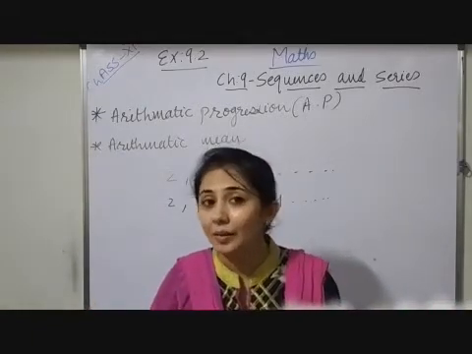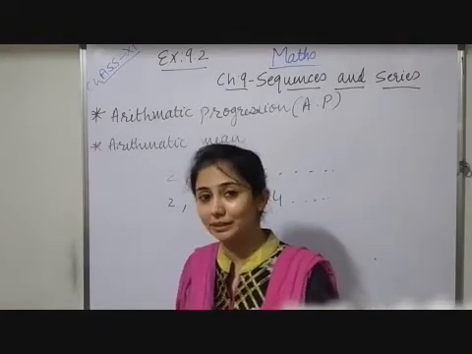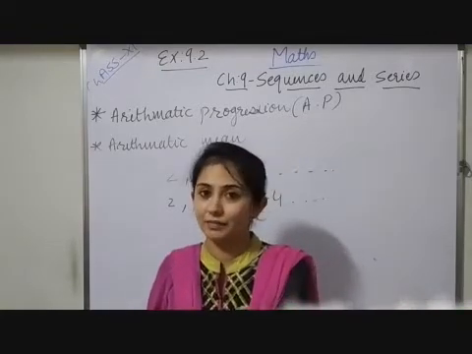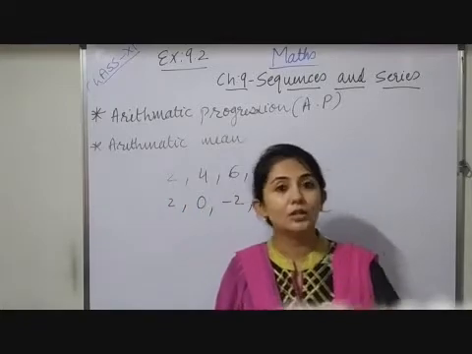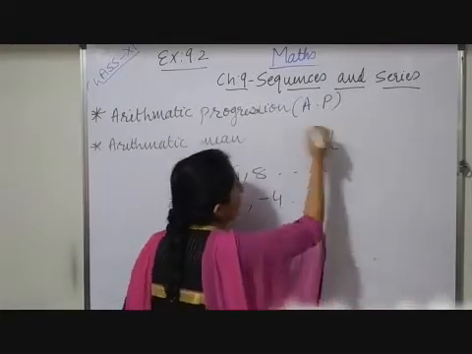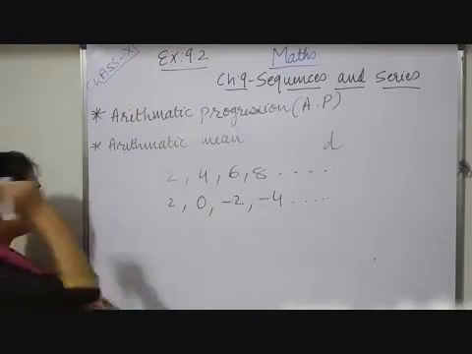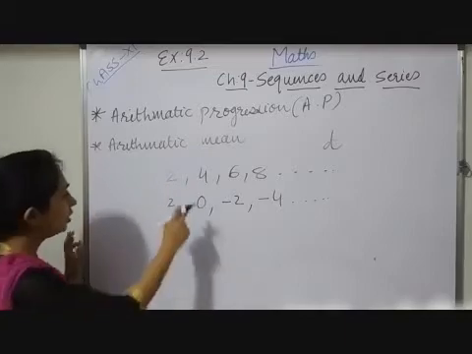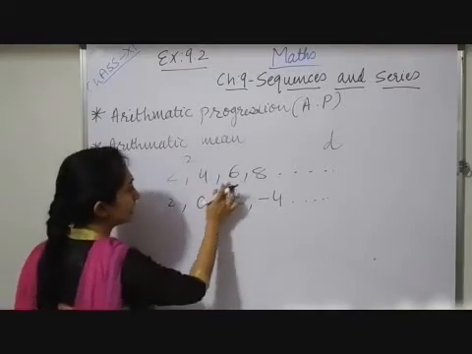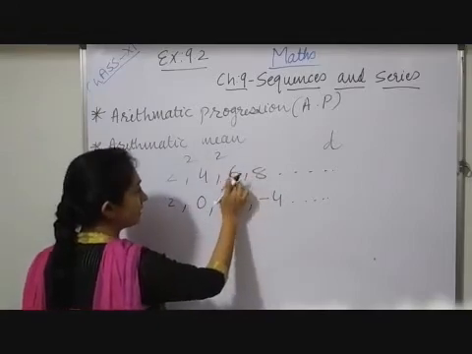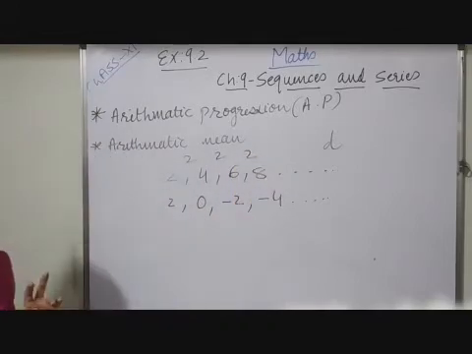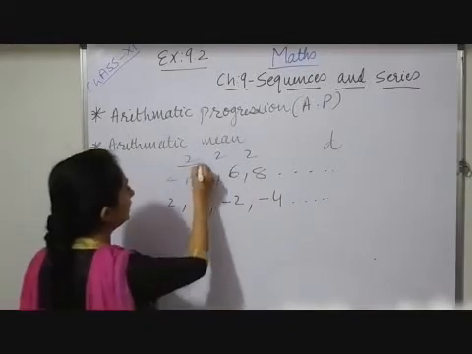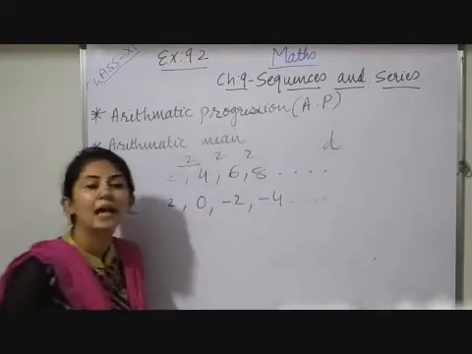But what is the category? Here you have to categorize it in such a manner that this sequence can be increasing in a particular order or decreasing with a particular constant. That constant is known as common difference D. Now observe: from a successive term we have to subtract the preceding term. 4 minus 2 gives difference 2. 6 minus 4 gives difference 2. 8 minus 6 gives difference 2. So it is increasing with a particular constant 2. This constant is known as common difference, which we denote as D.